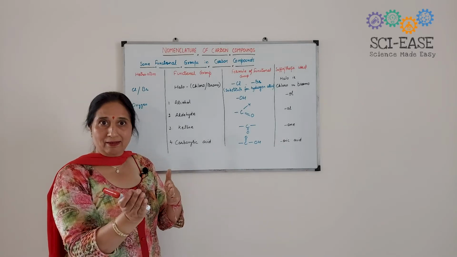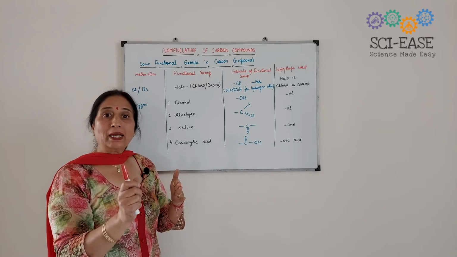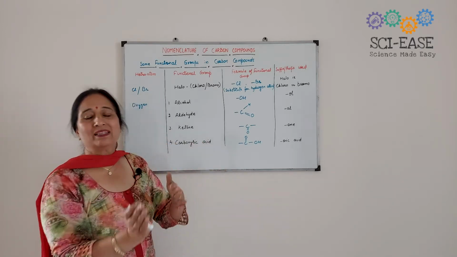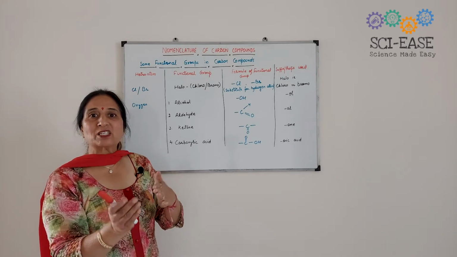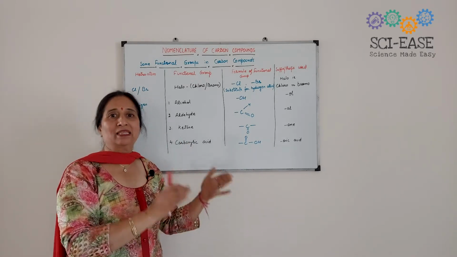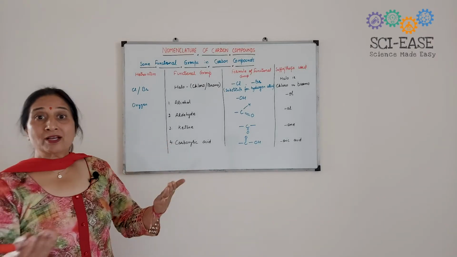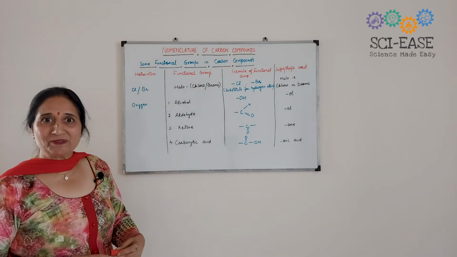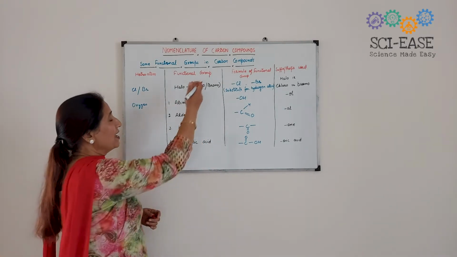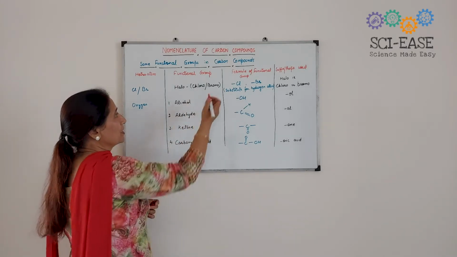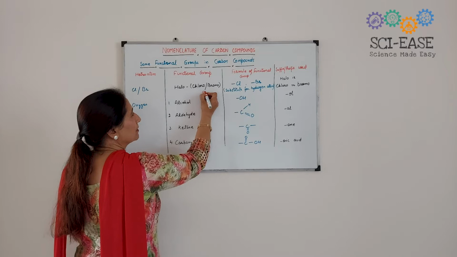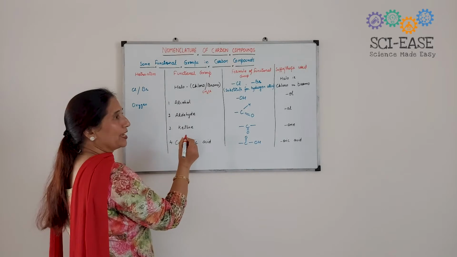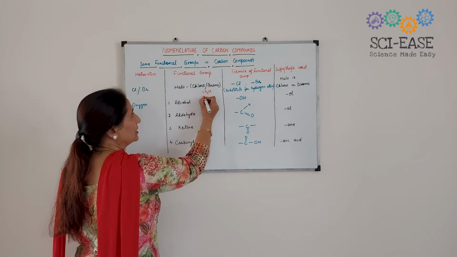If it is methane and we have replaced one hydrogen with Cl, then its name will be chloromethane. If it is replaced by Br, then bromomethane, bromoethane. So this will result in forming the homologous series also. I've told you about the homologous series. Here, suppose it is chloromethane, okay, and the second member, that will be